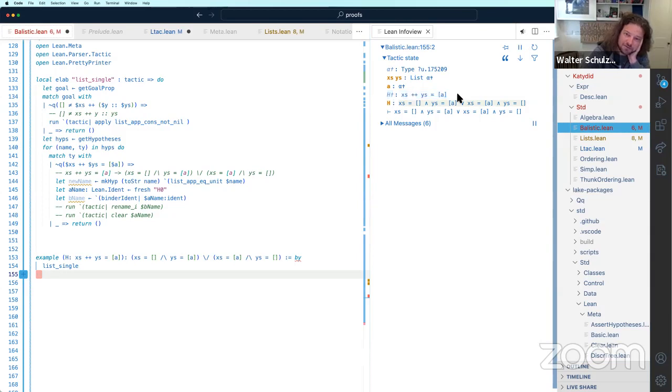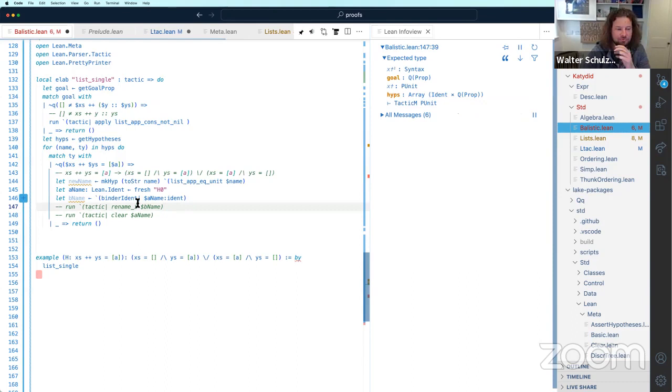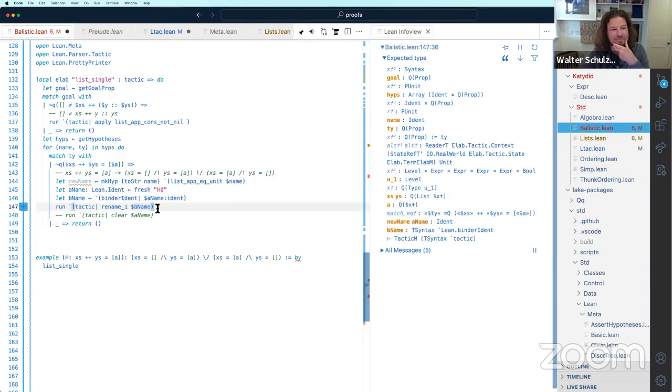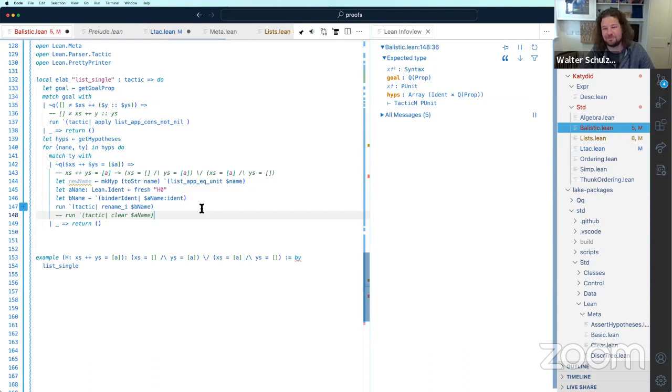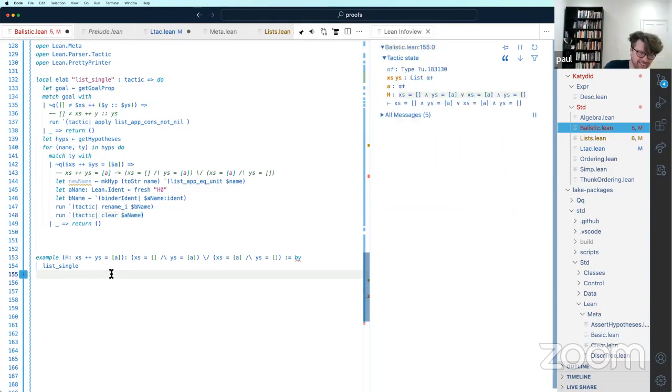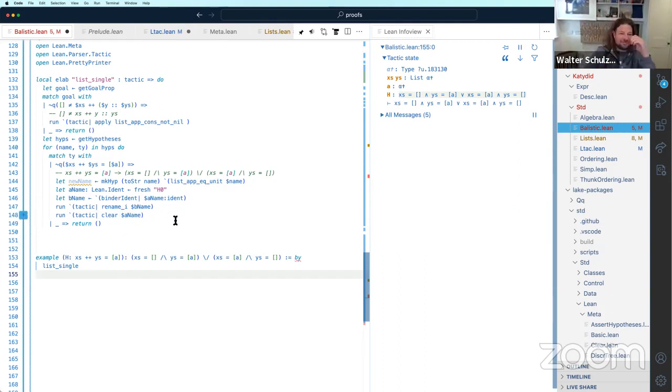To do that, we needed to use rename I. To use rename I, we needed a binder ident. This is how we created a binder ident. So now we had H0, which means what we really wanted to do was delete it using clear. And now it's gone.